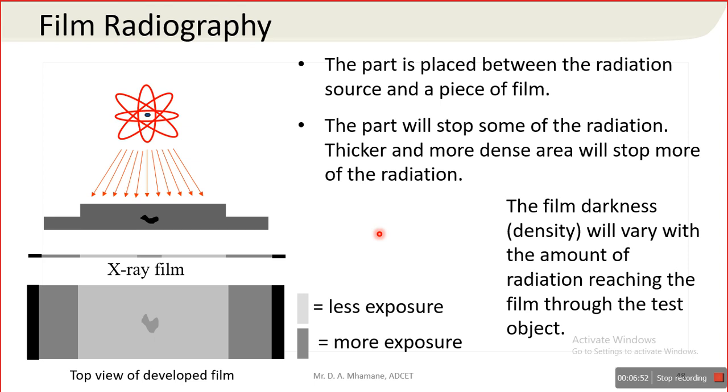It may happen that there is a false indication on the sheet, and the inspector may consider that false response or indication as a main indication, and the inspection may fail. So the inspector, whoever it is, should be a skilled one. He or she should have proper knowledge regarding the interpretation of the radiographic film, because it is just a single 2D sheet, and our object is 3D.